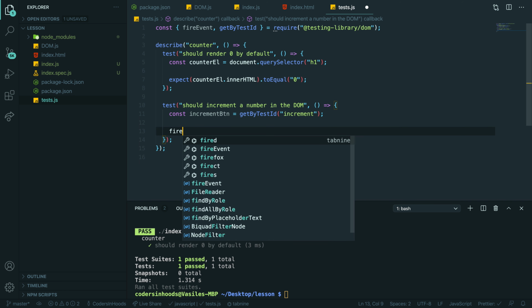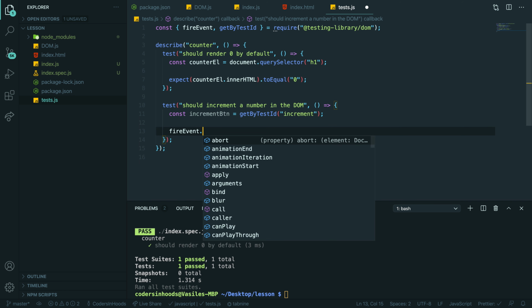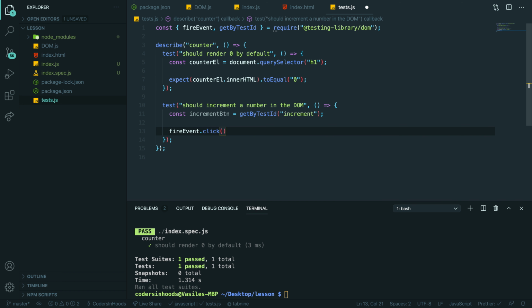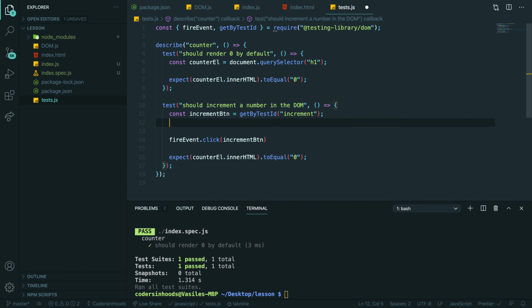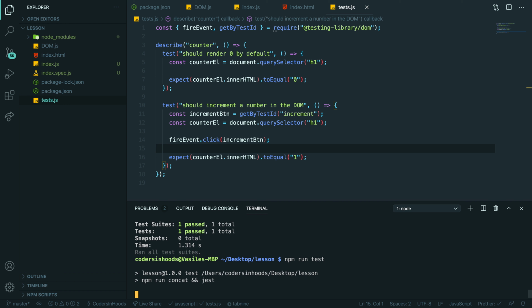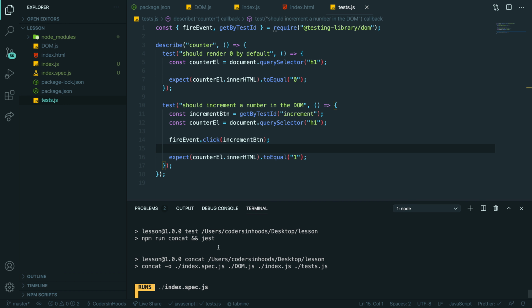Now you're doing fire event dot click, and on the element you want to fire your event, and then you're basically doing the same here. You need to find the element, and you're expecting to have one, right? So if you run our tests, we should fail it.